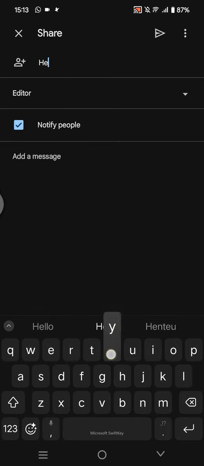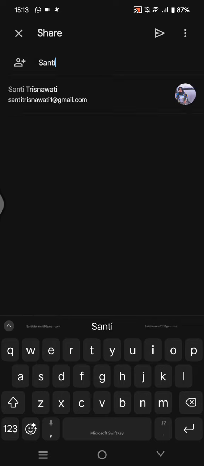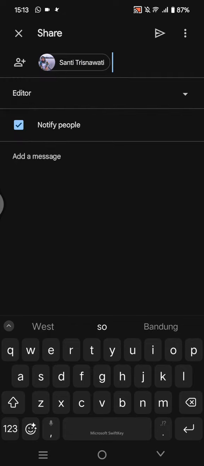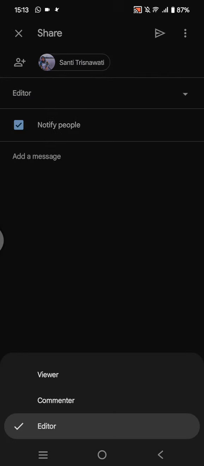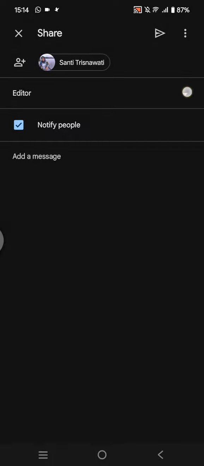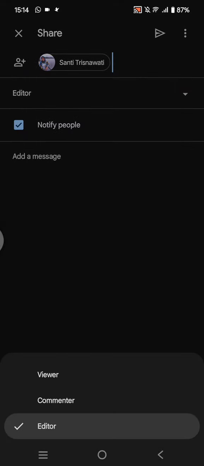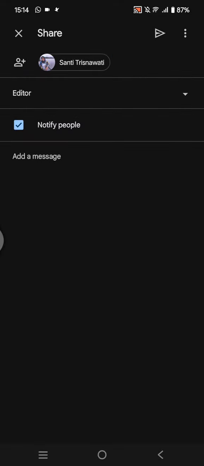For example, I'm going to share this file to my friends. Okay, this one right here, and then here you can choose their role if it's a Google Docs file, Google Sheets, or maybe Google Slides. So you can choose their role between editor, commenter, or viewer. I'm going to go with editor, and here you can choose to notify them or not, and you can also